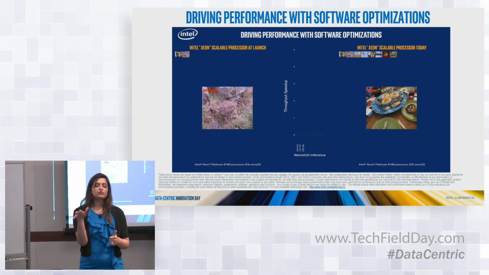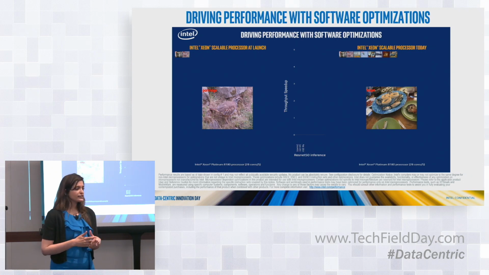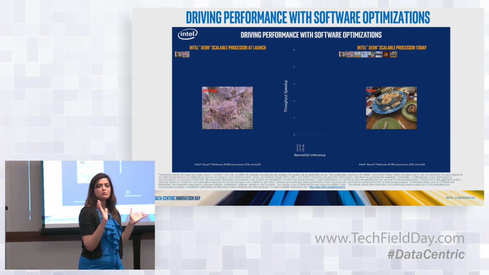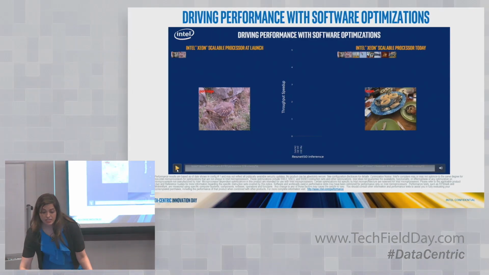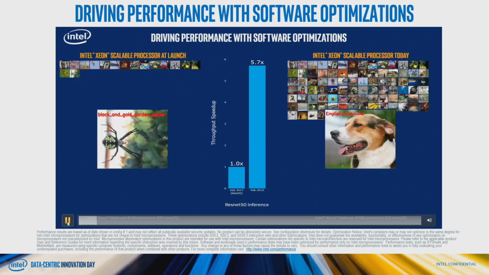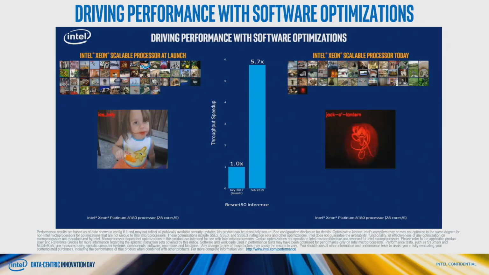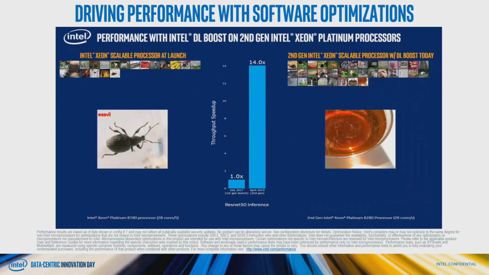And so what this demo will do is basically show you how much performance optimization we've done for a popular image recognition workload. As you know, the internet is all about how quickly you can identify different varieties of cats. This demo is not just to make it visually interesting. We have other images as well, not just cats. Because Xeon can identify cats all day really fast. So on the left you have the performance of Xeon Scalable at launch, and on the right what we did with just software optimizations from July 2017 when we launched it.